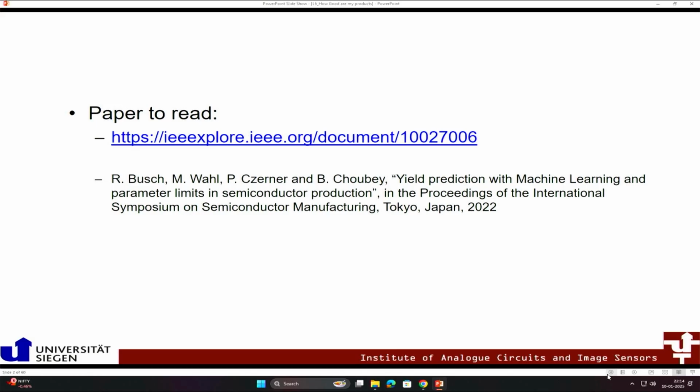So the paper to read for today would be a short paper. It's just a 4-page long paper, written by Rebecca Bush, one of my PhD students. And what we looked at here was, can we use machine learning and parameter optimization to predict yield in semiconductor production? Now, before we delve into the machine learning part,